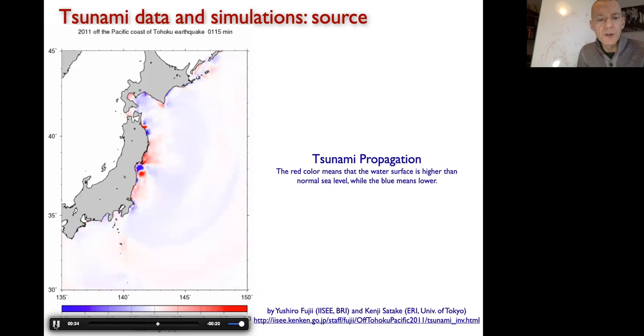These waves took about 40 minutes, between 20 and 40 minutes, to reach the Japanese coast. And well, the message here is that it's a long time. Well, it's not long if you have to prepare for an evacuation, if you trust it. So in terms of hazard, 20 minutes could be a long time because you can start some procedures. Could be a short time if you're not prepared, of course. And maybe the Japanese